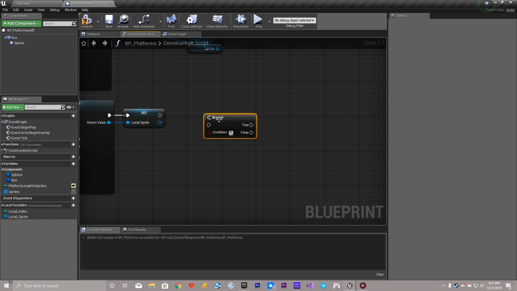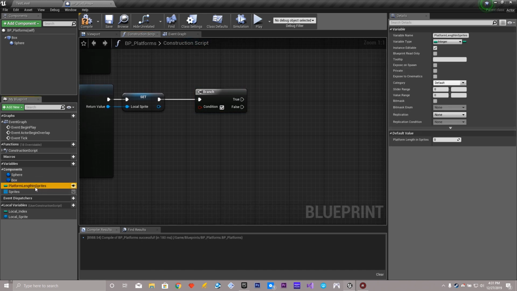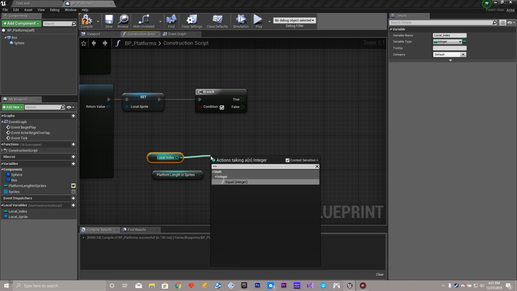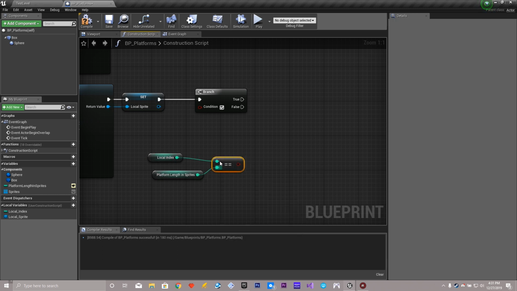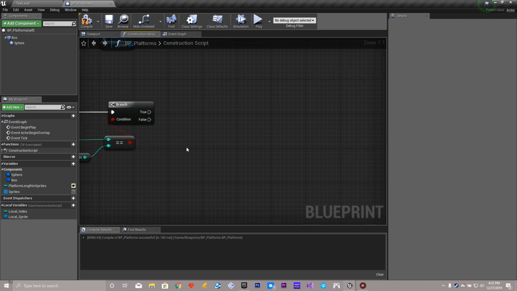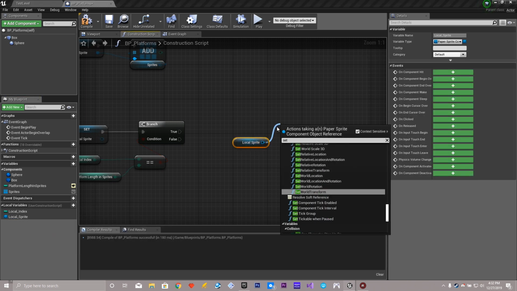Next, we're going to go through 2 branches to determine the 3 states it could be. So it could be the left end, right end, or a center. We're going to test for the left end first. So if it's the left end, we know if we control click and drag in platform length and sprites, we know that if our local index, so drag that in too, is equal to our length and sprites, then we're at the end and it's a right piece. It'll be at the right end. So in that case, we need to set the sprite, control drag in local sprite, drag off of it, set sprite,